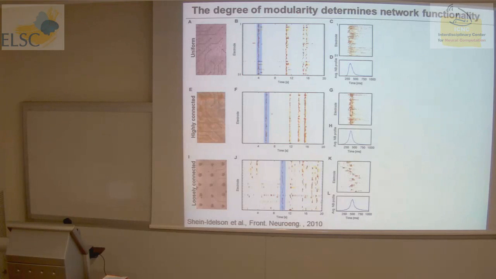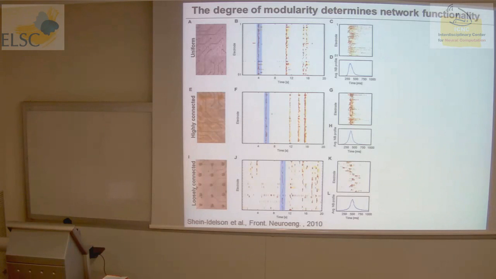and here we have again these bursts that span all the network, and we also looked at these clustered networks where we have clusters with very dense connectivity between them. And what you can see is that we have basically the same pattern. So also here we have those bursts that span all the network. So it's not enough to have clusters. It's really the ratio between the connectivity within the cluster and the connectivity between the clusters that matters. And only by moving to this setup where we have loose connectivity between the clusters can we get